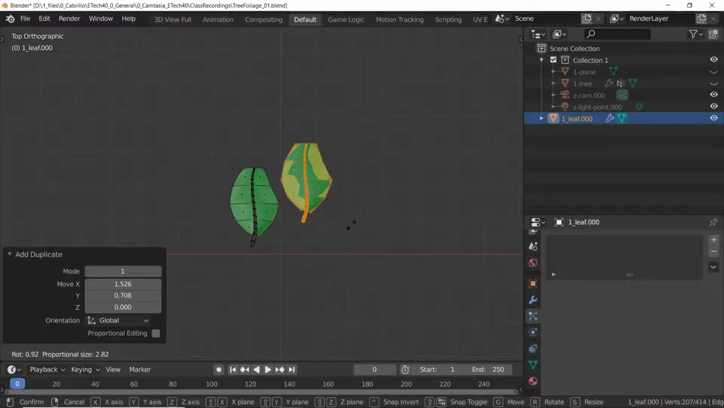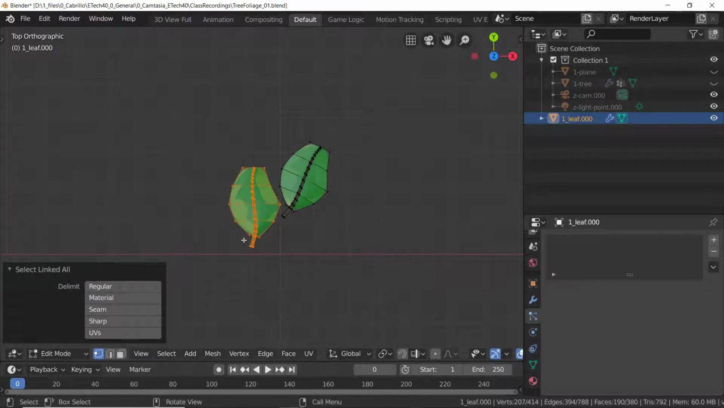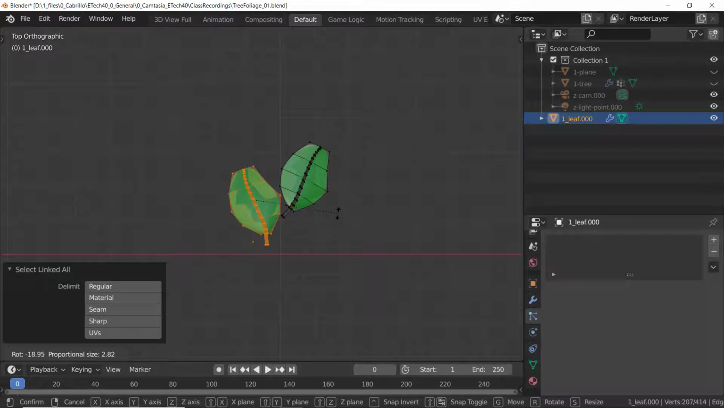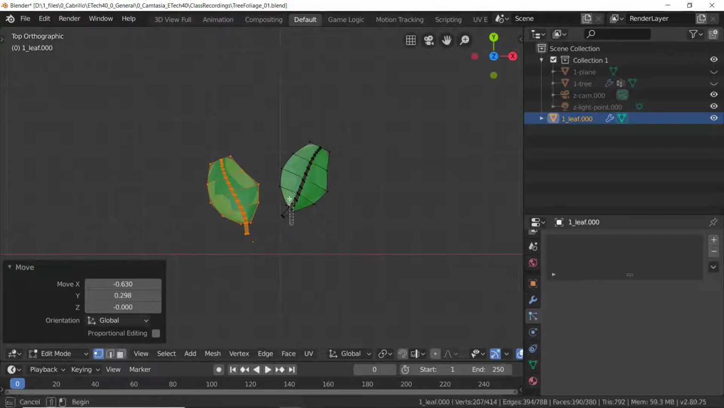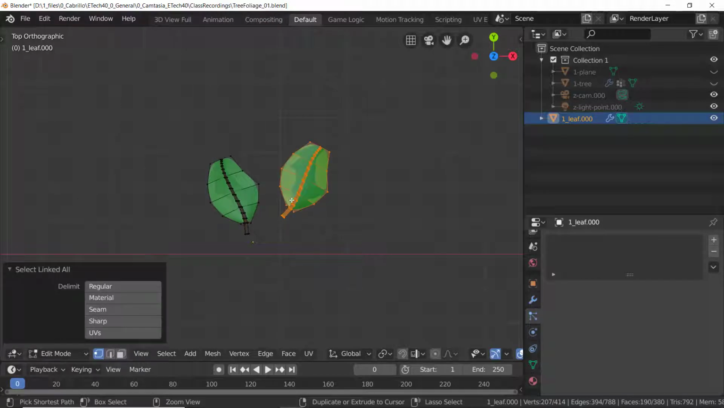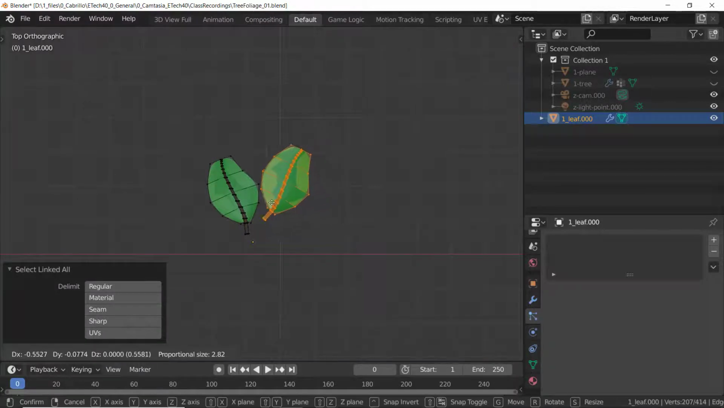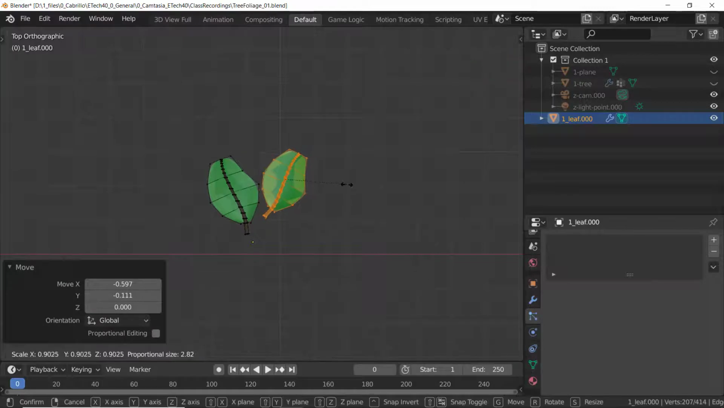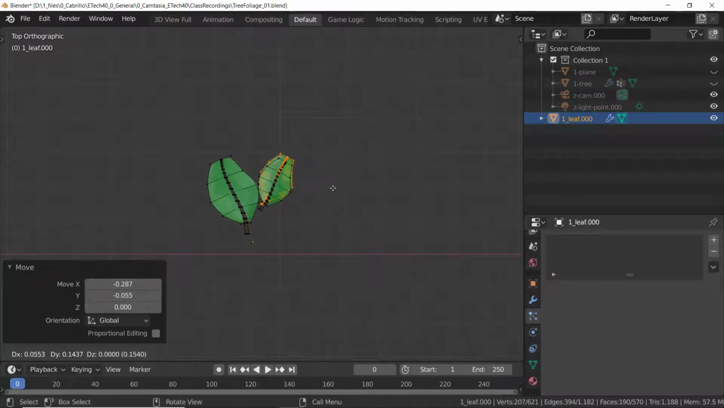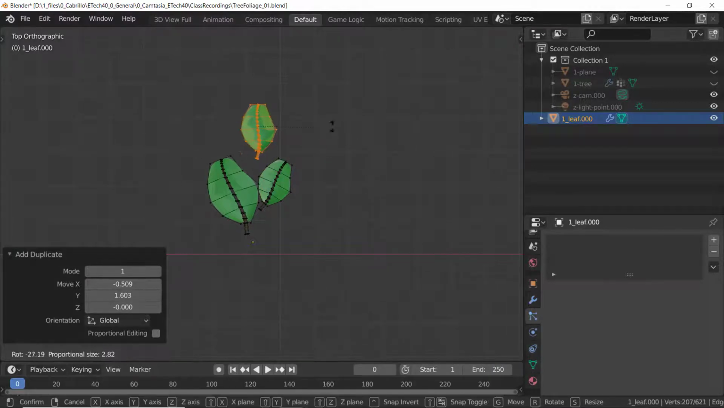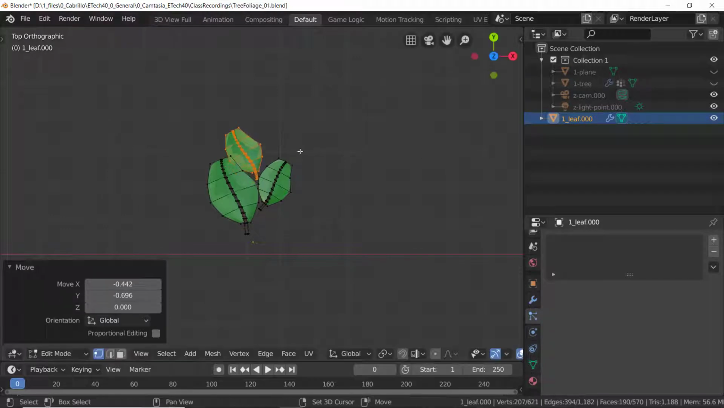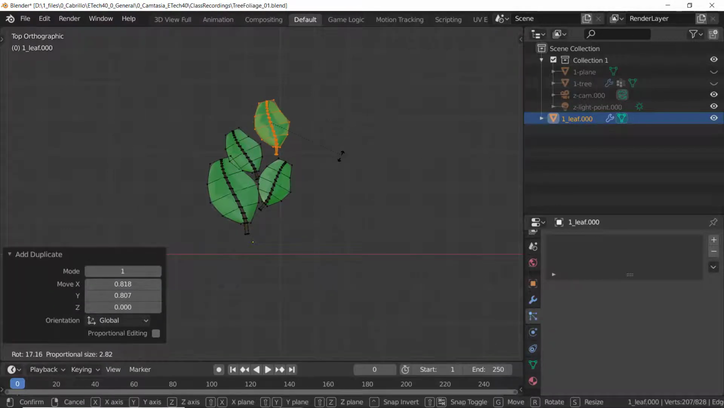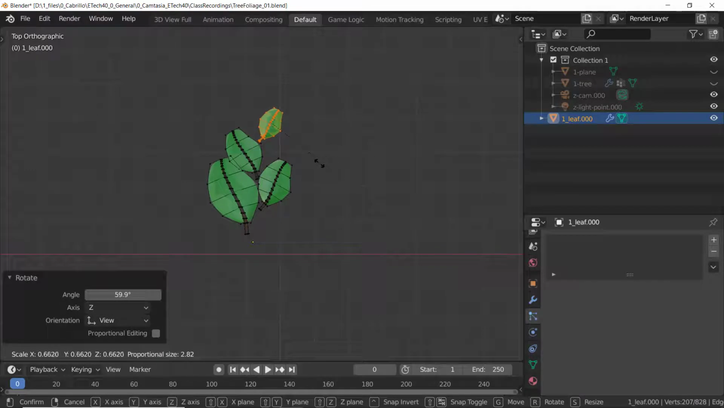R, Control L, R, G, Control L, G, S, G, Shift D, R, G, Shift D, R, S, G,